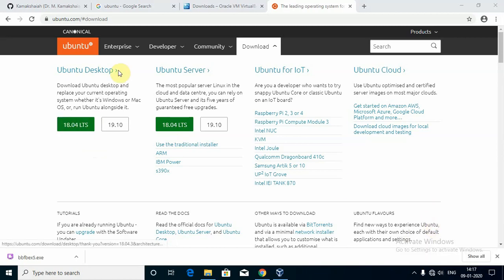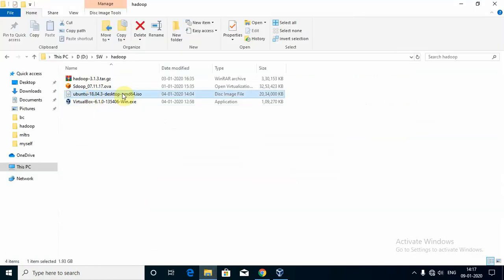So just go to ubuntu.com downloads, and there you find the desktop, not the server, and press this button. Then you should be able to download the Ubuntu ISO file just like this. And once you are ready with this